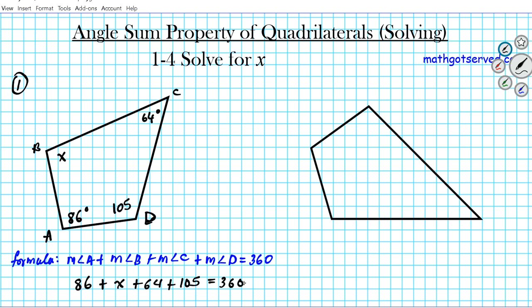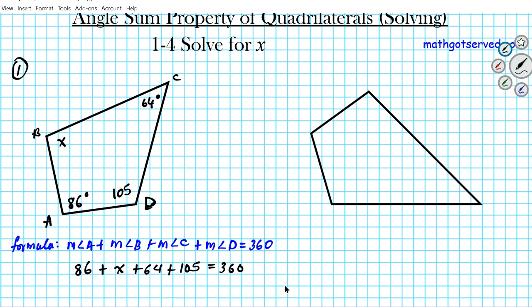Okay, so now what we have is an algebraic equation. We're now going to solve it using our algebra skills. We're going to proceed by combining the like terms on the left side. So we're going to combine these constants on the left side: 86, 64, and 105. Let's add it all up. If we add them all together, that would give us 255. So x plus 255